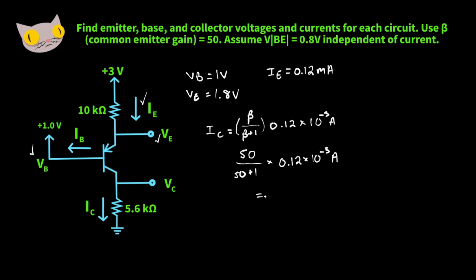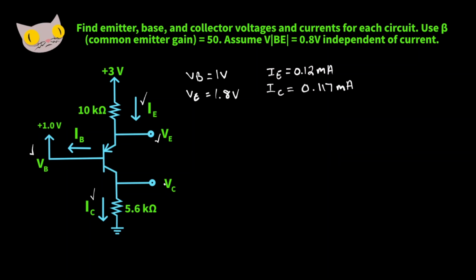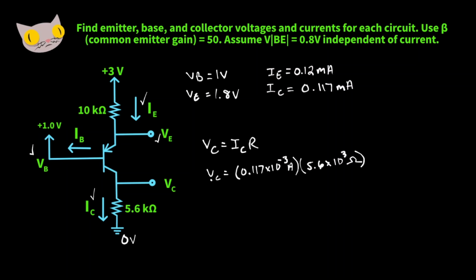That's going to give us a collector current of 0.117 milliamps. Now let's find our collector voltage. Now because we're connected to ground here, it's going to be a little bit more straightforward. Our voltage here is 0, so VC is going to equal IC times the resistor. So collector voltage is going to be 0.117 milliamps times 5.6 k ohms, which is going to give us a value of